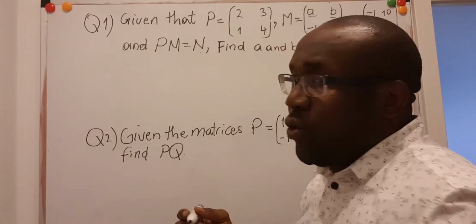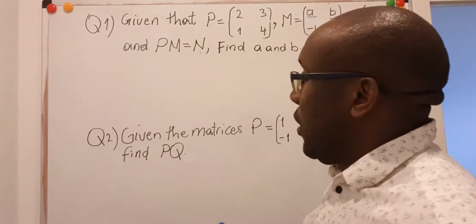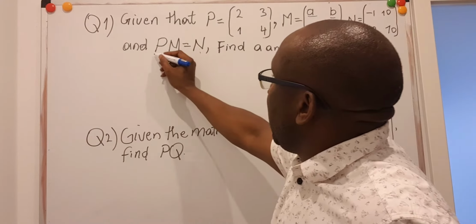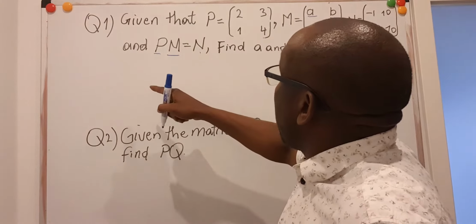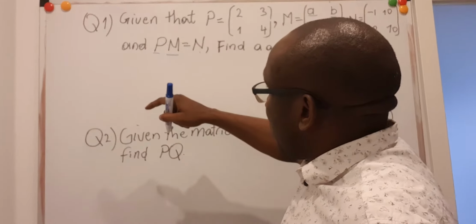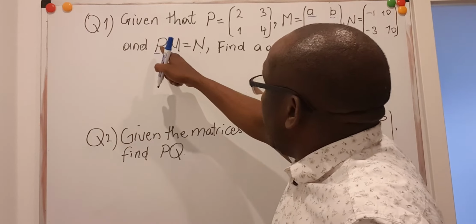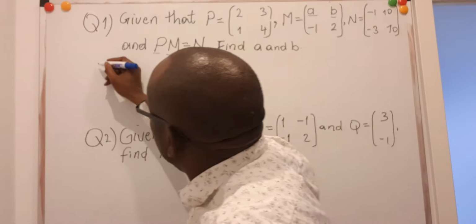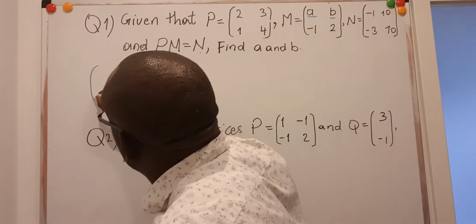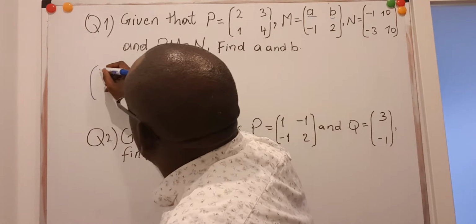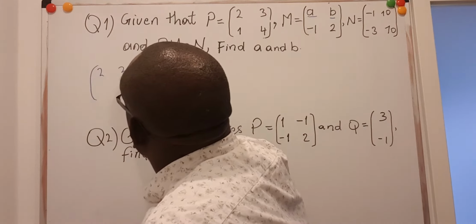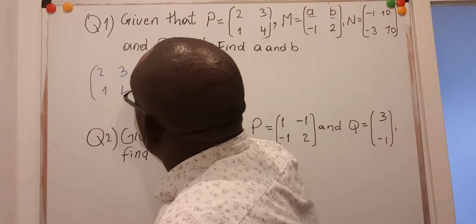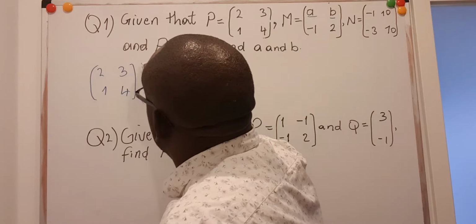What's important is to remember how to multiply matrices. To be able to multiply matrices like P multiplied by M, we would expect that the number of columns of P should be equal to the number of rows of M for that to happen. I'm going to show that a little here. So this is P here, that is 2, 3, 1, 4. It has to be multiplied with